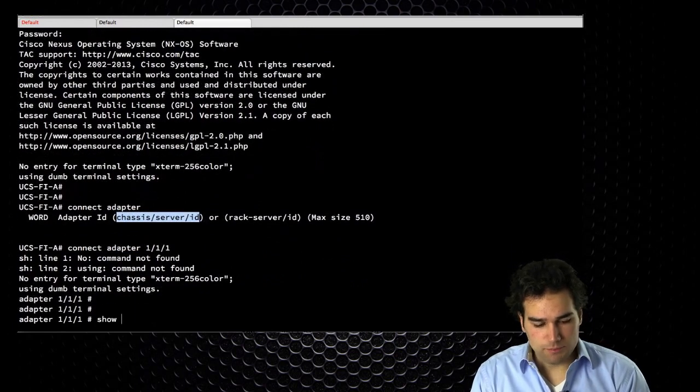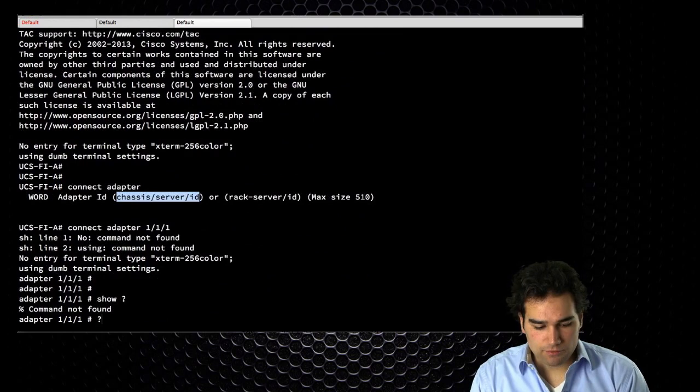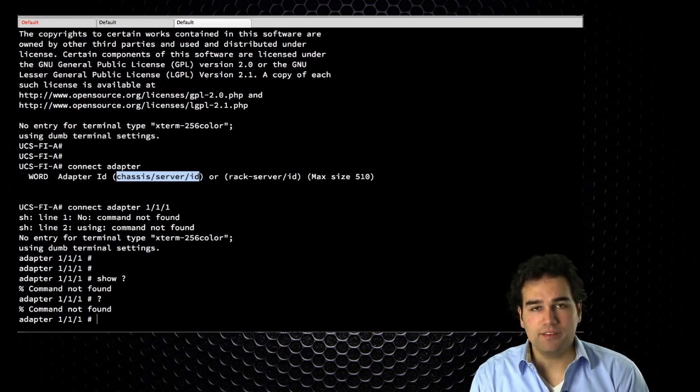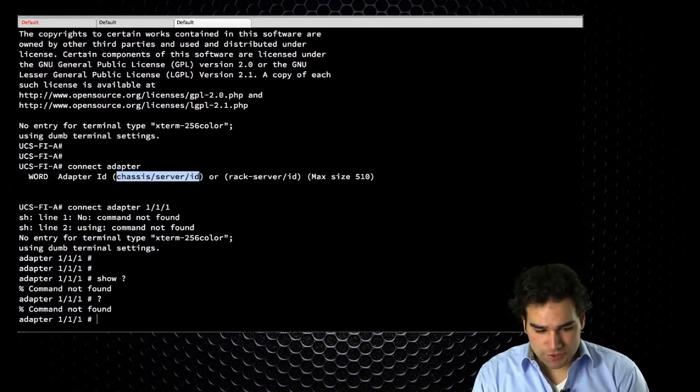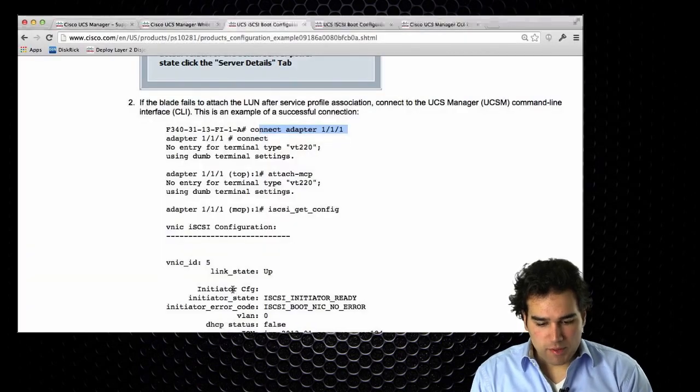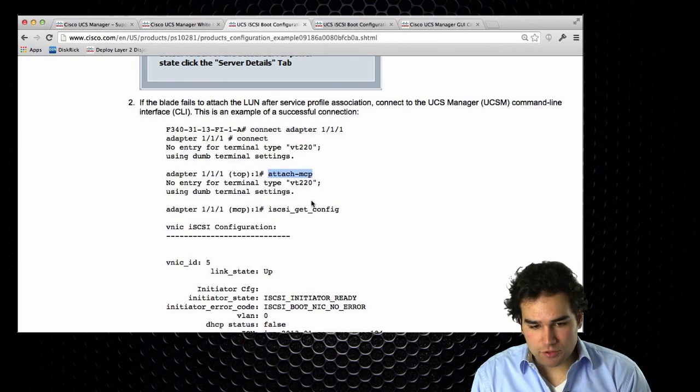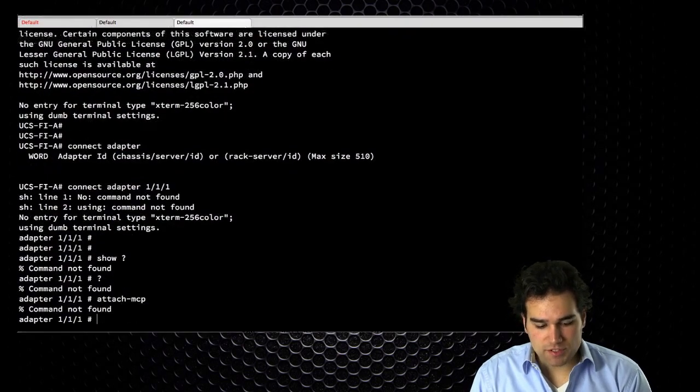So here I can do some show commands. The CLI is not very self-explanatory. It's a different CLI than you're used to. But let's go back. Here we say attach the MCP. The MCP is a special boot policy or a special